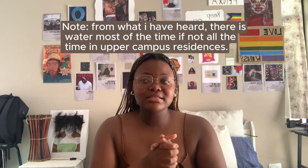Cool. Now, on to upper campus. Upper campus pros and cons. It's kind of the opposite of lower campus, but let's speak about it. Upper campus, the pros. There is always water in upper campus. The buildings are quite new, so just generally the architecture and also the design of the rooms is more modern